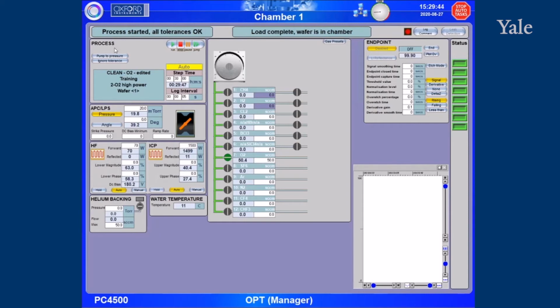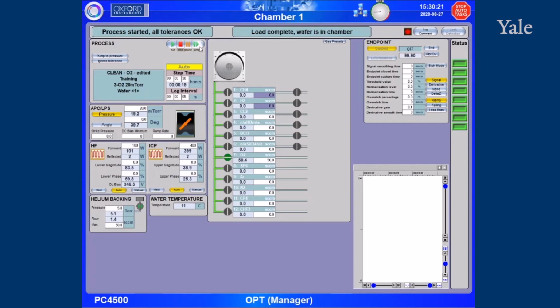After your etch is stabilized, take note of the DC bias voltage on the screen. This should be consistent provided you're using the same type wafer and the same recipe. If a step is too long, or you need to abort, press the jump button to move to the next one. If you would like to abort the recipe, keep on hitting jump until the recipe is over.